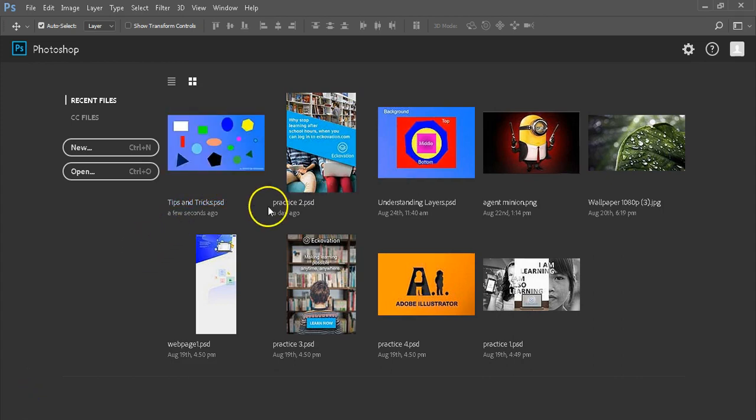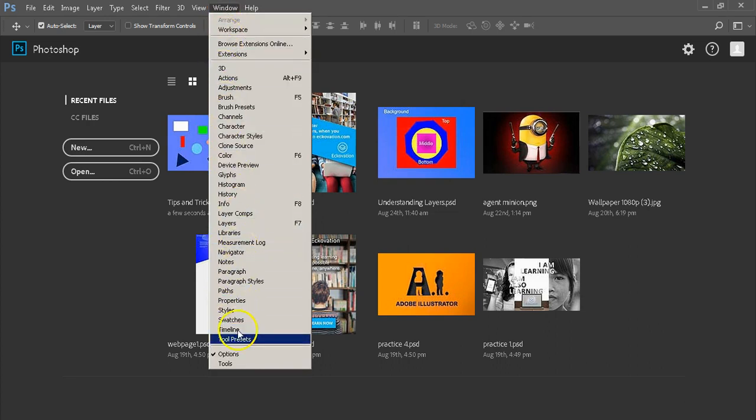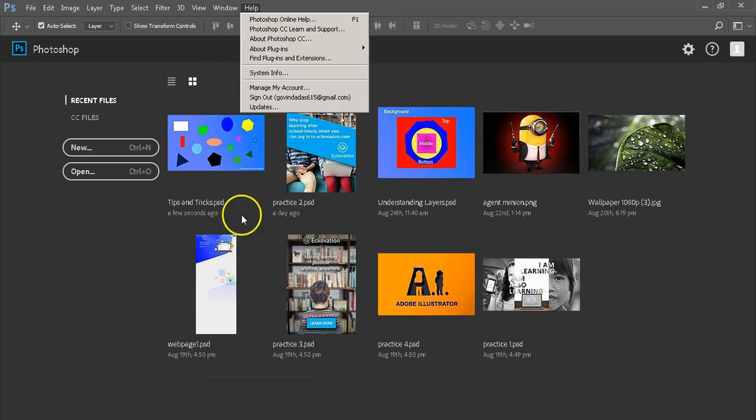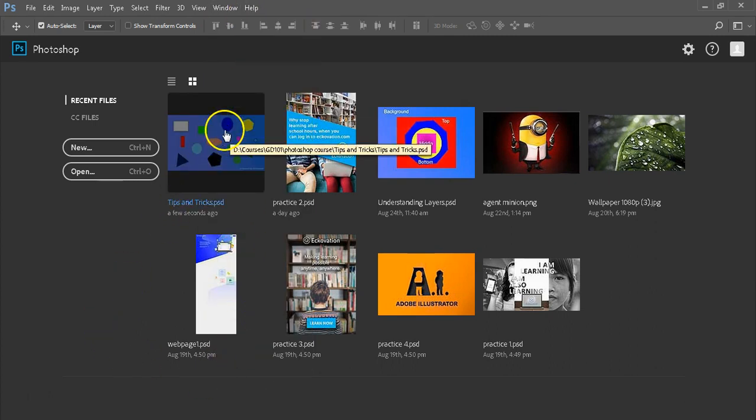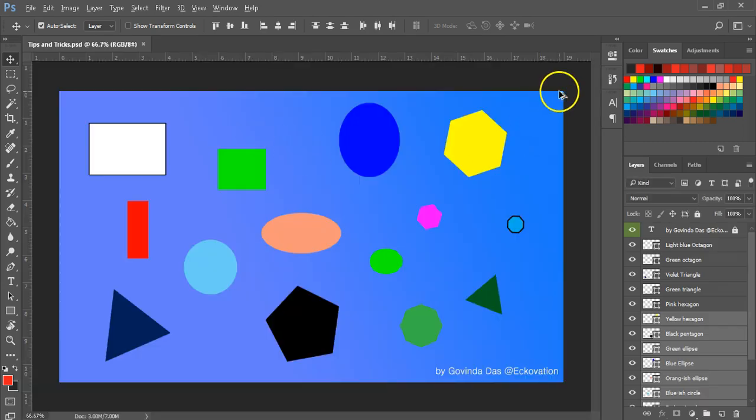In this video, we will be discussing the color panel and swatches panel, and also a little bit about the eyedropper tool. If you have watched our earlier videos, you should know that the window menu is the menu where all the available panels in Photoshop exist. Go ahead and take a look at the window menu in your Photoshop. And while you are looking around, make sure you have the color panel and swatches panel active and visible in your interface from the window menu, of course.